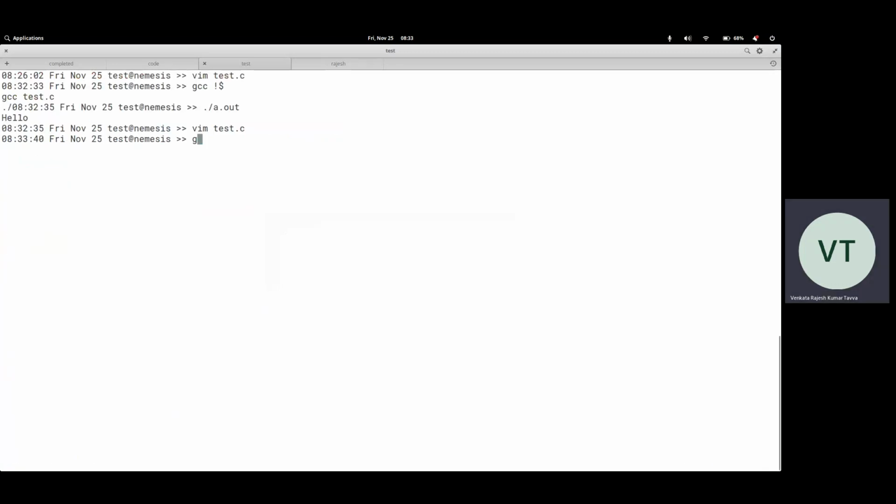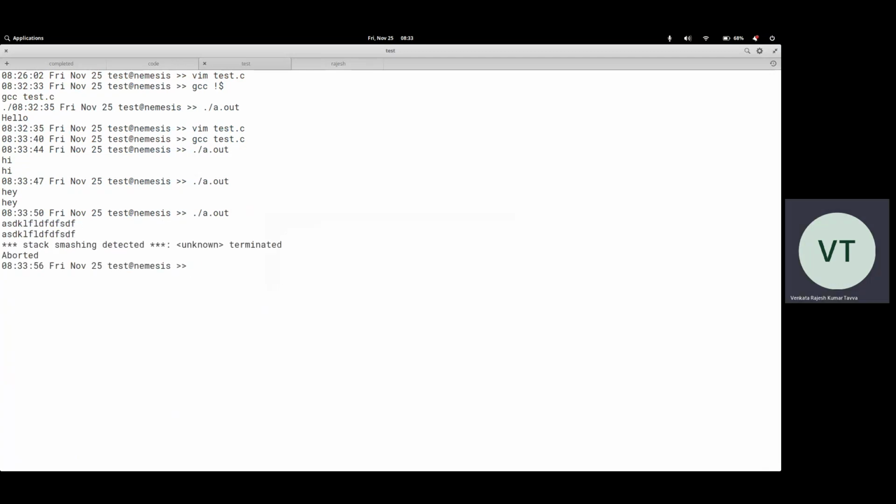So let's give first a 2-letter string, something like hi. It takes that. A 3-letter string, something like hey. It will take that also. If I give a long string, you see, it suddenly aborts, saying stack smashing detected, because it is overflowing